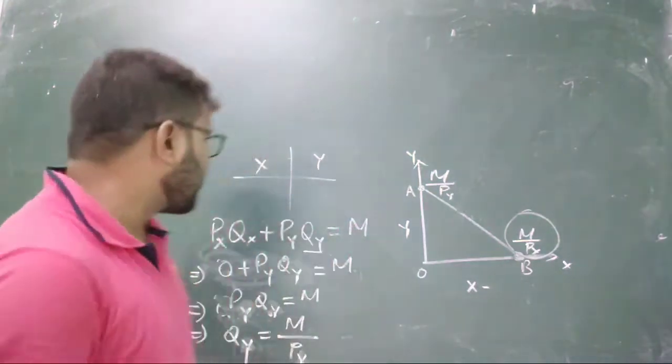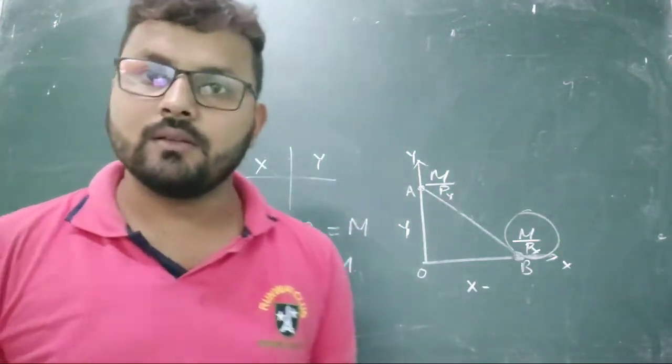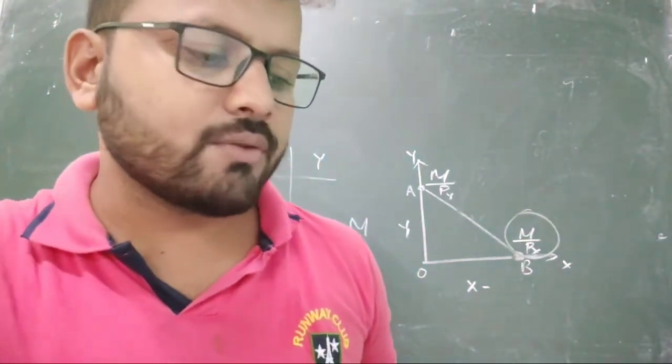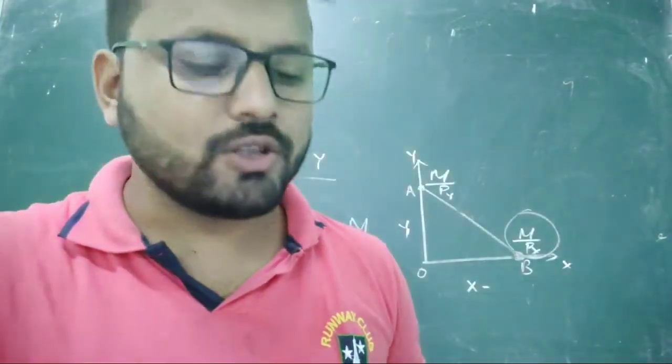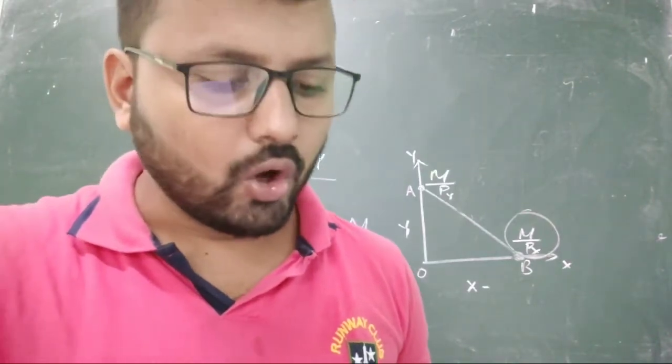As we know that price into quantity is the expenditure of a particular commodity. Clear? The next question is, how much of good 2 can she consume if she spends her entire income on